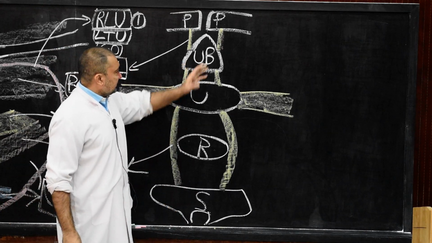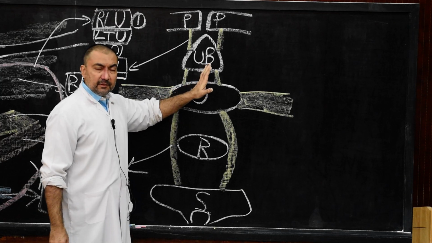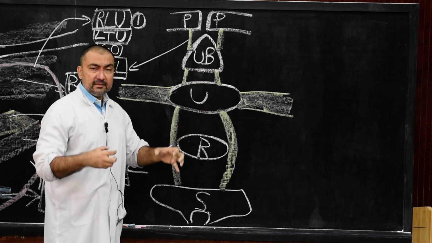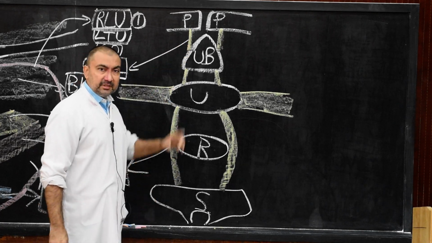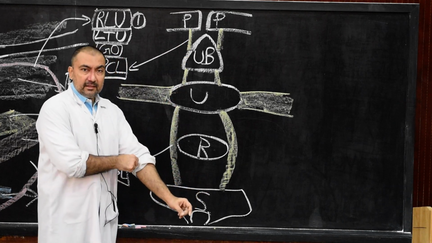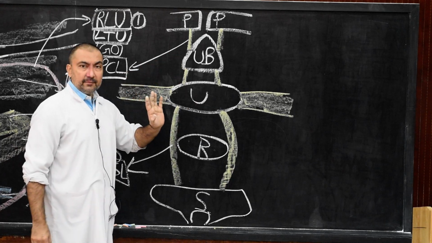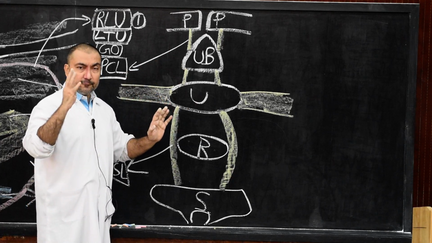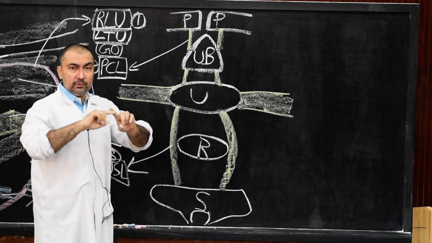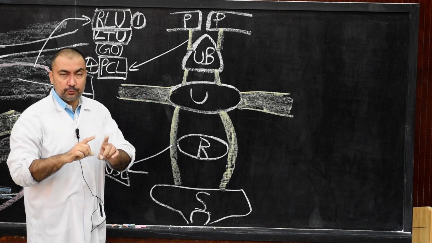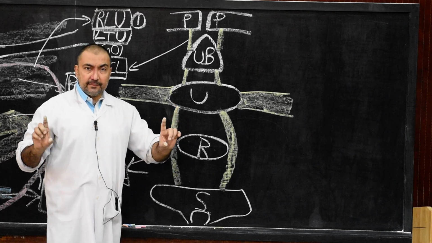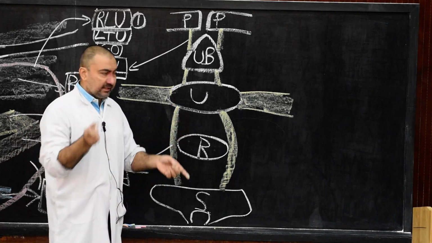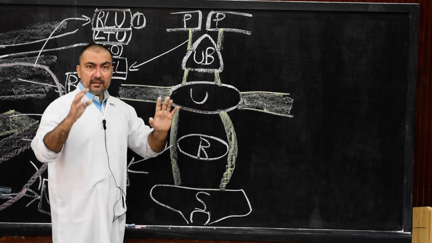What is the function? See the attachment. The function of the pubocervical ligament is that it will counteract the traction produced by the uterosacral ligament. So it will act exactly in the opposite direction to the uterosacral ligament. That is the pubocervical ligament. So here we finish the true ligaments, all the 4 pairs of true ligaments: round ligaments of uterus, number 1. Number 2, transverse cervical ligament or McIntosh ligament or cardinal ligaments. Number 3, uterosacral ligaments, and number 4, pubocervical ligaments.